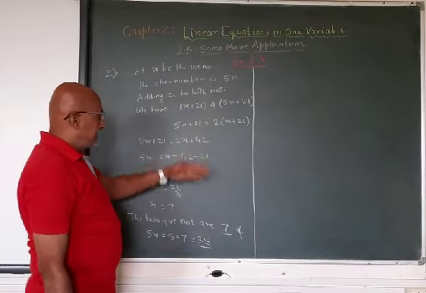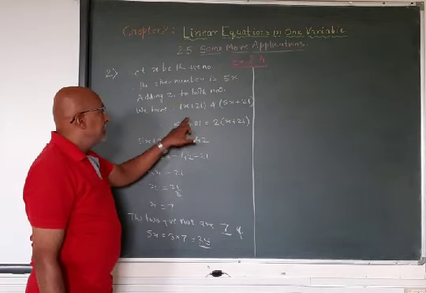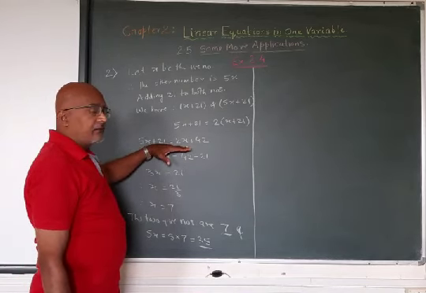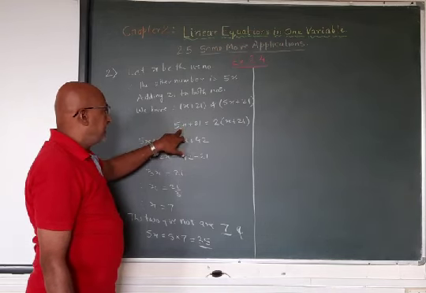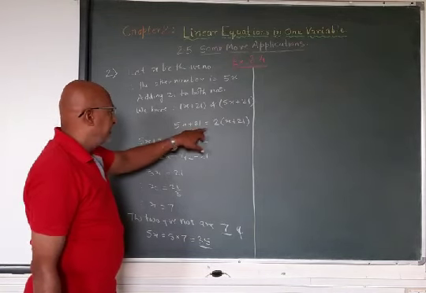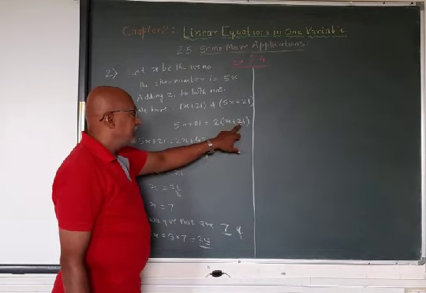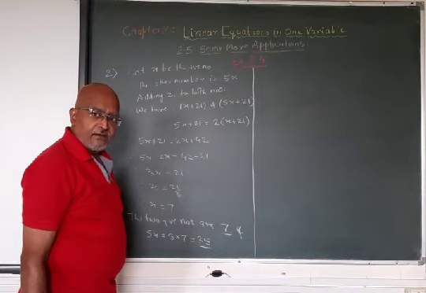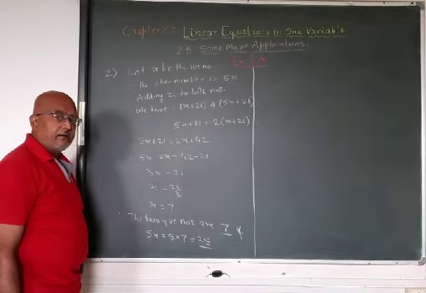Now let's verify whether our answer is right or wrong. For that we have to put 7 in this, so that we see whether the sides balance or not. If I put 7 here, it will be 35 plus 21, which becomes 56. And here if I add 7 plus 21, that is 28, and 28 twos are 56 again. So both our sides are balanced, so our answer is right.